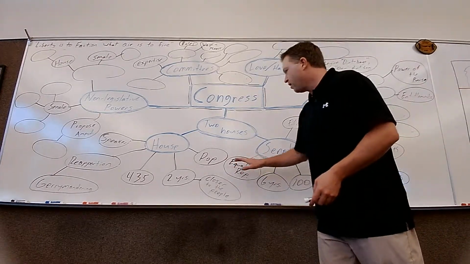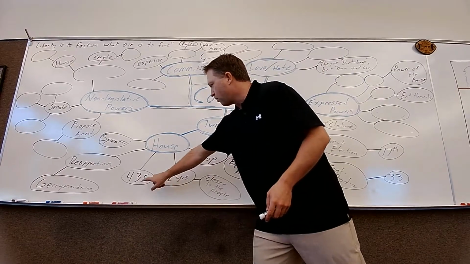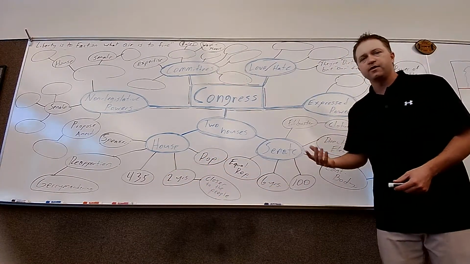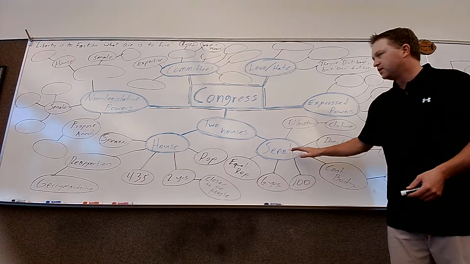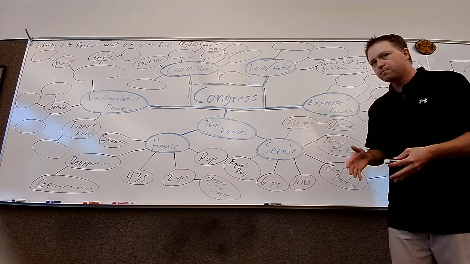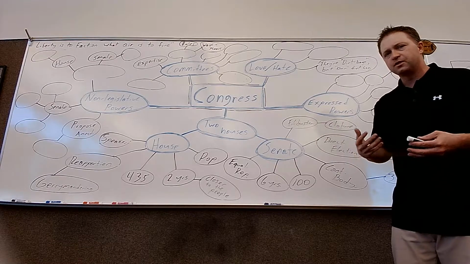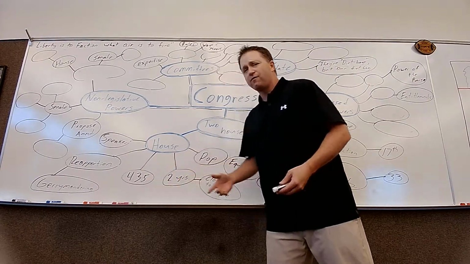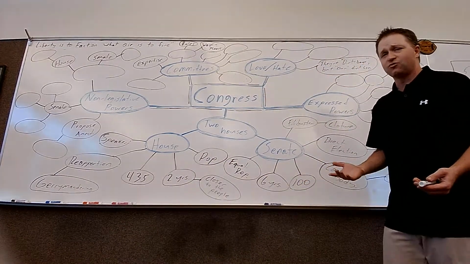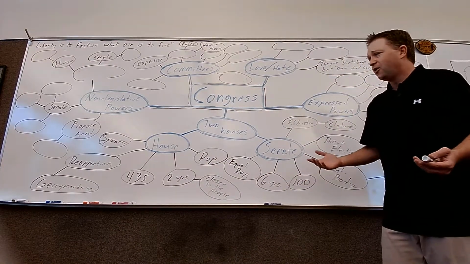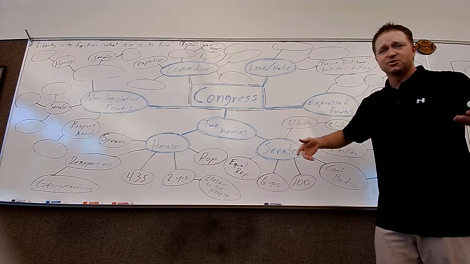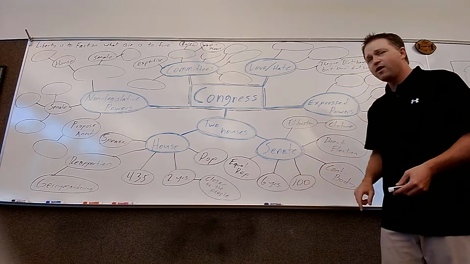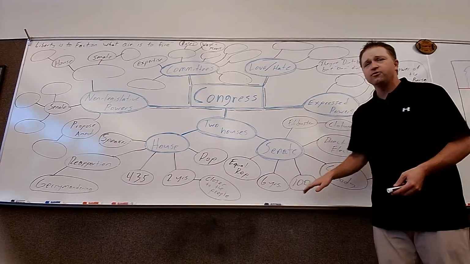Now, right off of the bat, when you look at 435 versus 100, you immediately identify the fact that the Senate, an individual senator, is going to have more influence and power than a member of the House, because 1 out of 435 is like a drop in the bucket, right? Everybody's a member of the House, it seems like. There's a million of you folks. Whereas a senator, 1 out of 100, I mean, I know it's still 1 out of 100, but